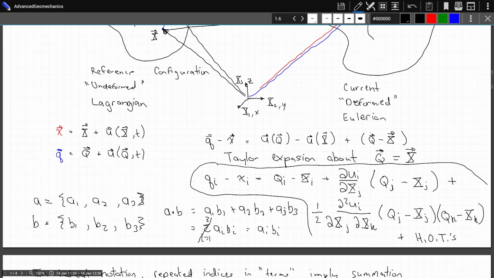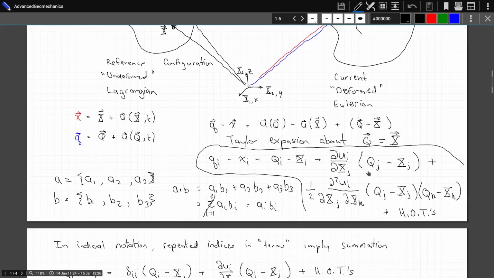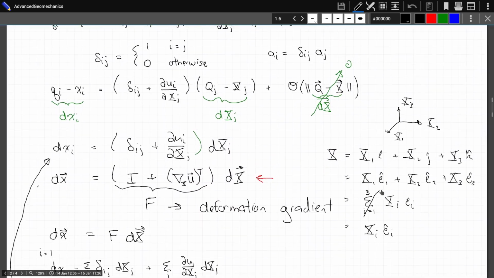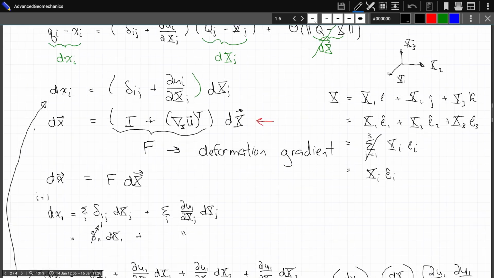But basically, because we're investigating things in a small neighborhood of the point x, we can zero out those higher order terms and then just work through the manipulations, and then ultimately we get